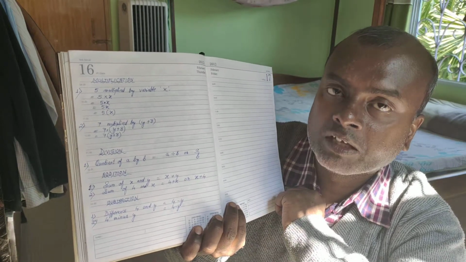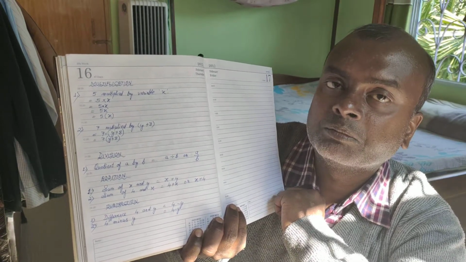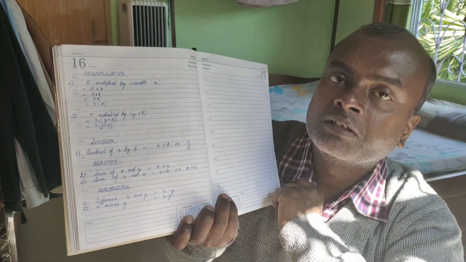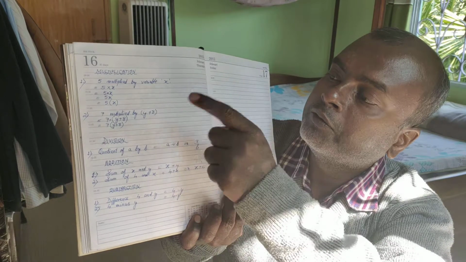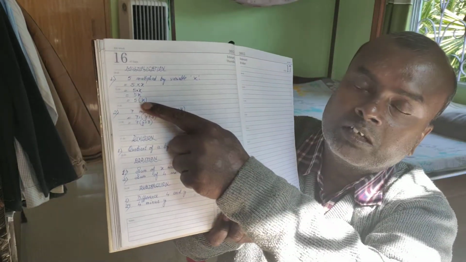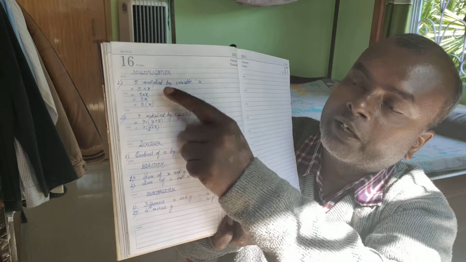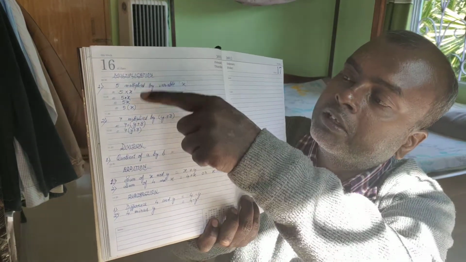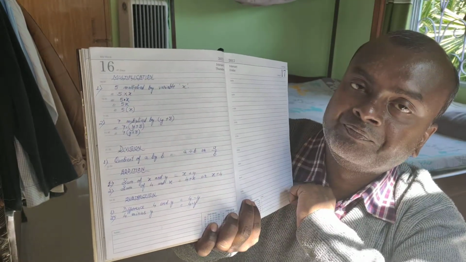It can be 6 or y. If no symbol is there, then 6 multiplied by y. In this case, see, between 5 and x there is no symbol, so there is multiplication. So 5x. Or even you can give brackets. As you can see over here, I have given bracket. 5 bracket x also means 5 multiplied by x. So you can see over here multiplication can be denoted in so many ways.